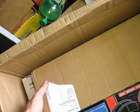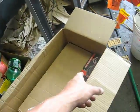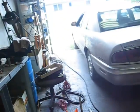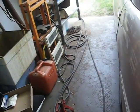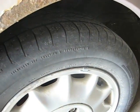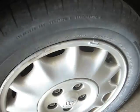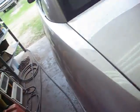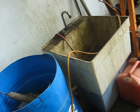So what I think I'm going to do right now is replace the shocks, which are right here, and the rear pads, which are one of them two boxes there. I'm also going to take this tire right here, which has a slow leak, off and cover it in soapy water. I'm betting it's in the rim somewhere, but I'm going to see if I can find that too. But first things first, I'll give you a little demonstration of what my car does,